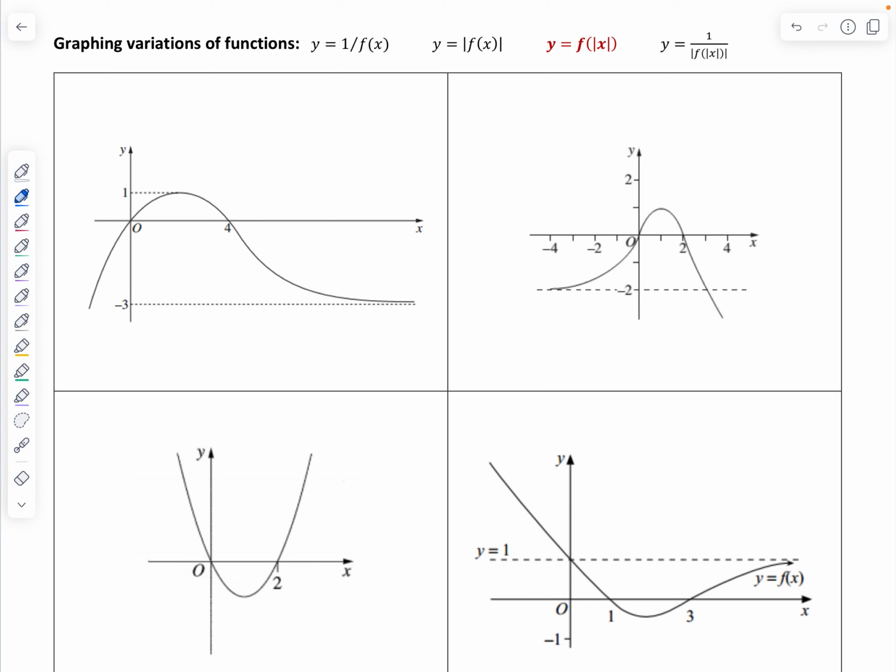For video 3, we're looking at y equals f of absolute value of x. Bit of a strange one. And just a quick revision of the thought that goes into this one. So if you've got x and y equals f of x, and then you've got y equals f of absolute value x, then if x is -2, -1, 0, 1, and 2, and the y values for the function are √3, pi, 27, -4, and half, then